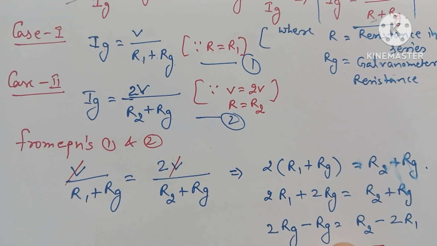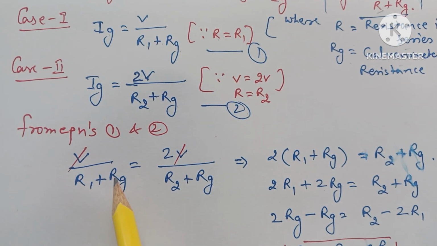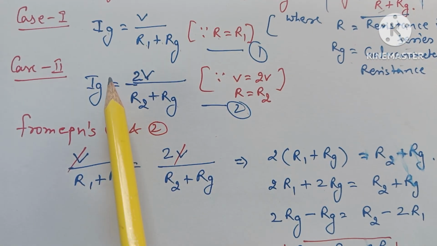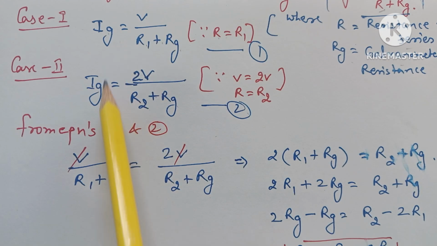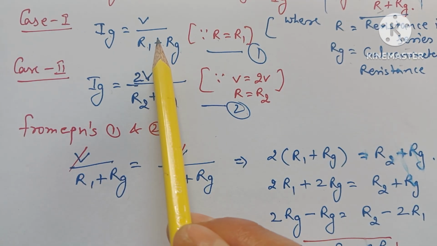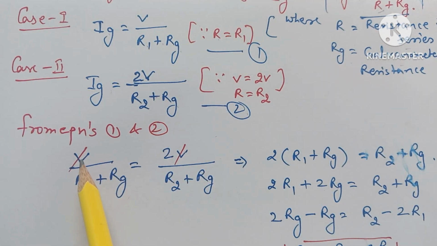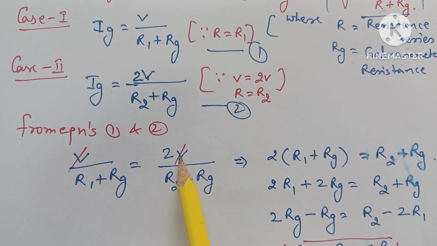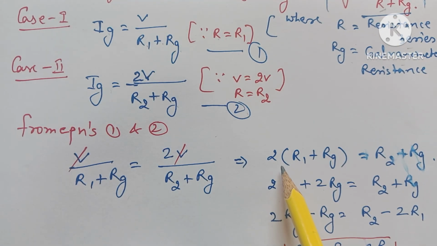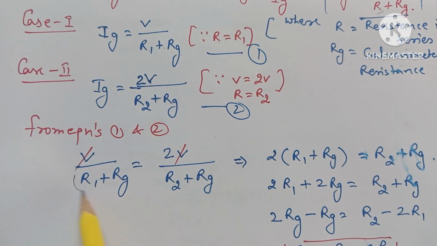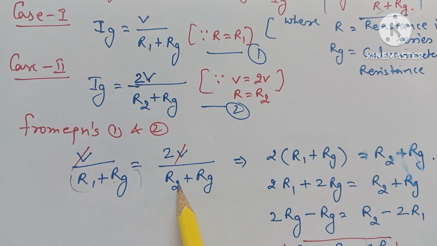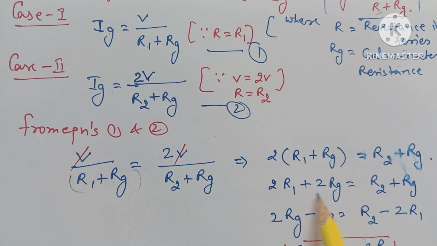Now from equations 1 and 2, Ig is the same, so the right hand sides are also equal. So V upon R1 plus Rg is equal to 2V upon R2 plus Rg. We cancel V on both sides, and we get 2 multiplied with R1 plus Rg, and it is equal to R2 plus Rg. By solving this,